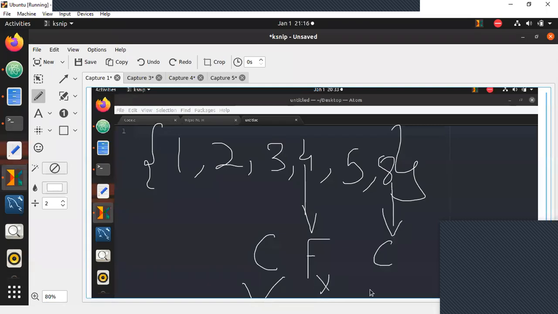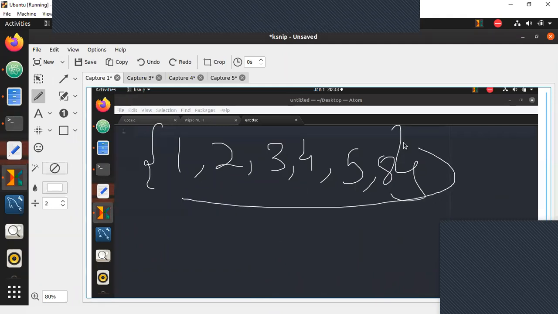8 is composite, it's a Fibonacci series as well. 5 is in Fibonacci series, but it's not composite. So both conditions must fit. Is that clear? At Anu's question, I hope that is clear. So this is exactly what we are supposed to do here. So let us try this out.